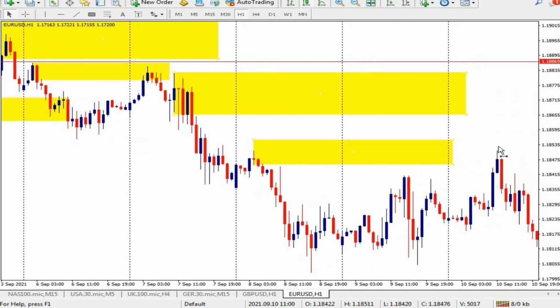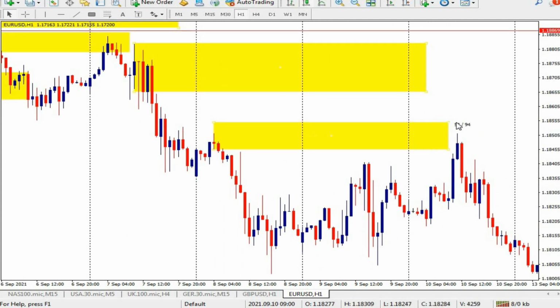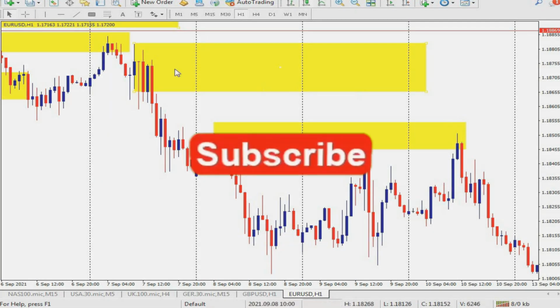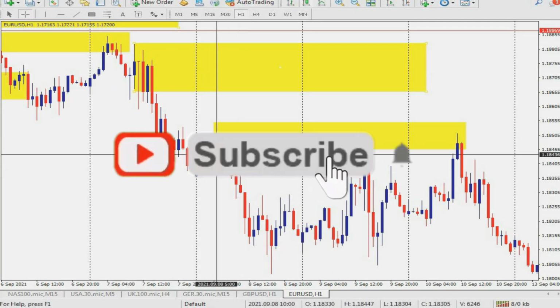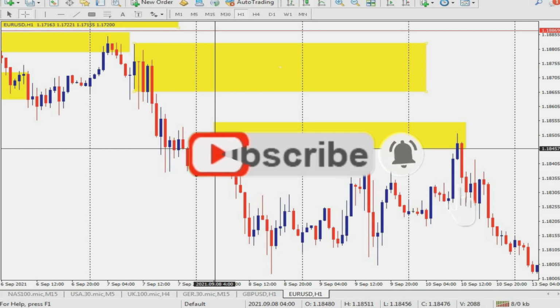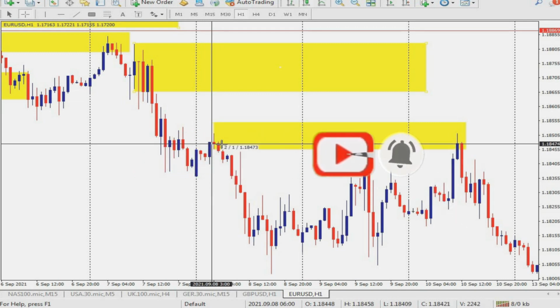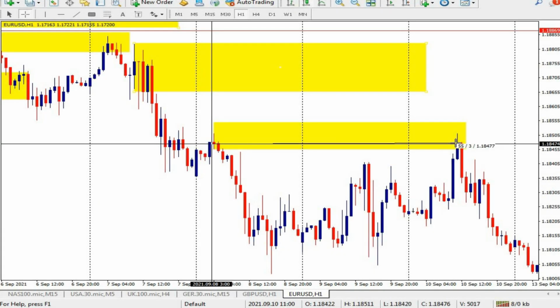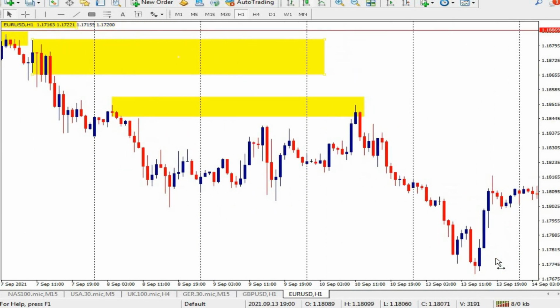And now let's go and see what was happening, and you can see the price finally came back to that zone. So meaning if you use this previous low of the candle here and put your sell limits there and use this lower high here as your SL, that's like more than 5 pips, and the reward ratio was more than 45 pips. So guys, you can see this is a good